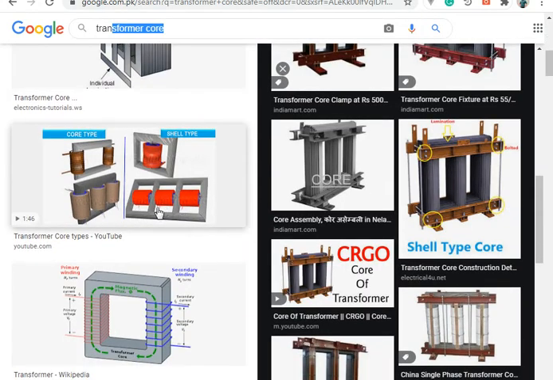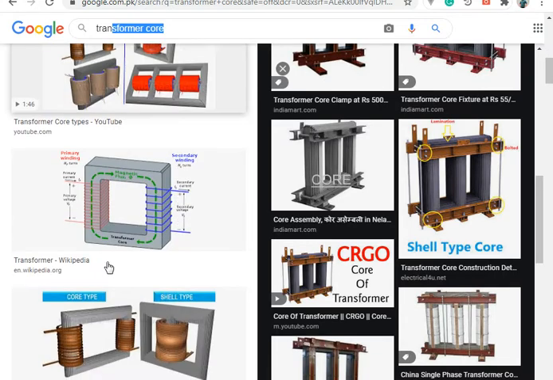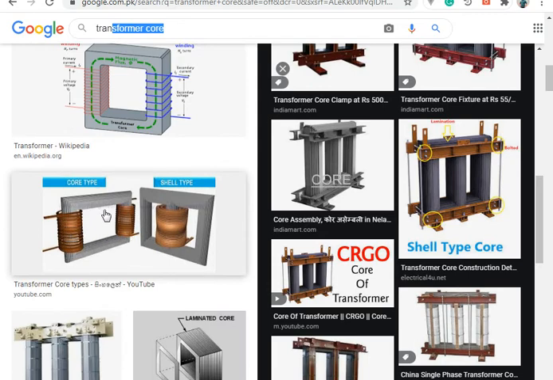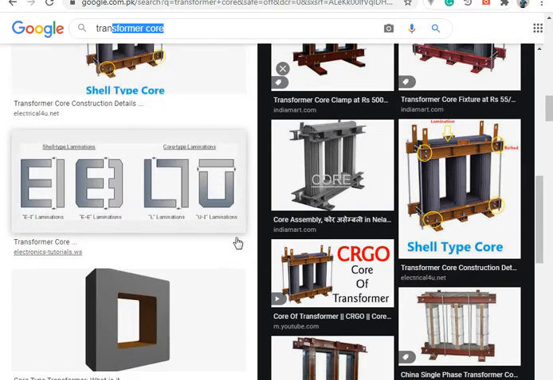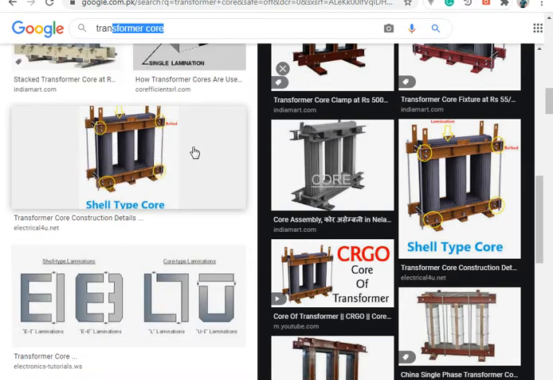You can see this is a shell type transformer, where my cursor is going. You can see these are three windows. This is a shell type transformer. These are the three core types. You can see over here, this is a core type where you have three limbs. This is a single phase transformer. You can see this is a core type, this is a shell type, and you can see again those fish plates which are applied over there. And if you are working on a very small transformer, this is very important, listen to this very carefully.